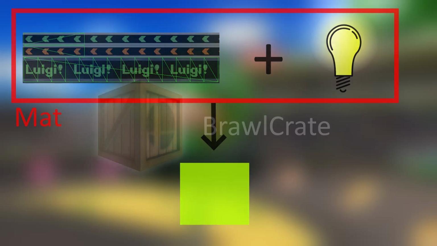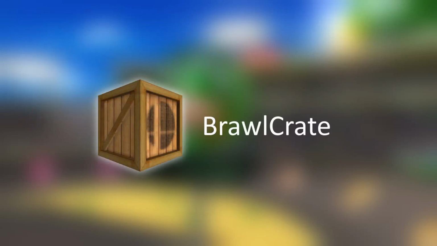The editor I'm using is Brawlcrate, a fork and better maintained version of Brawlbox. Let's begin with the most common type of shader and how it works. Each shader in Brawlcrate contains 3 categories that can be modified: shader data, swap mode table and TEV indirect texture sources. None of these settings are really important except shader data.